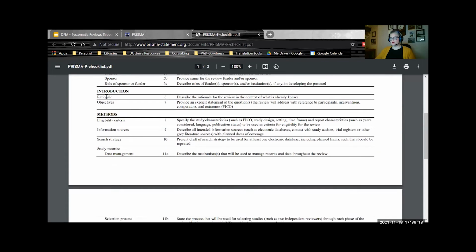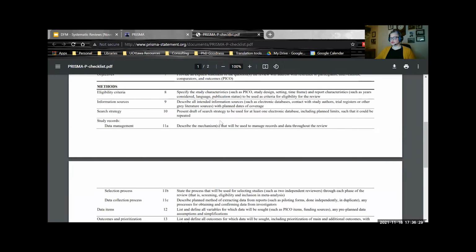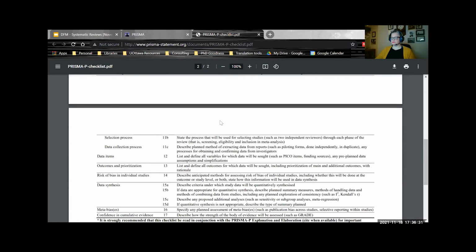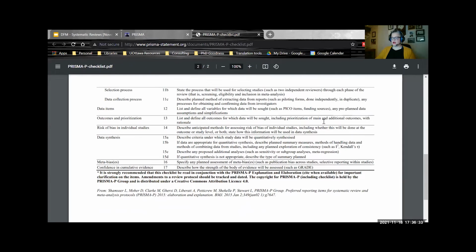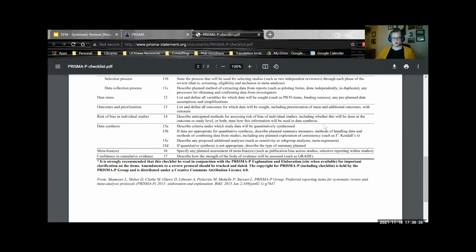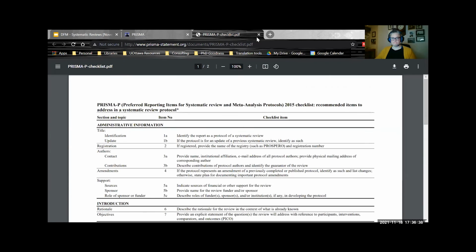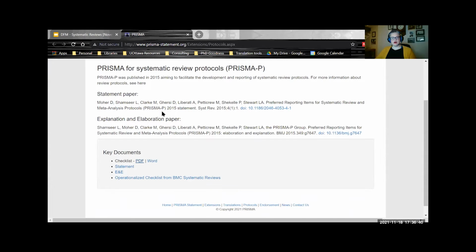And then it breaks it down. What is your rationale, objectives? What is your inclusion and exclusion criteria? What information sources or databases, et cetera, did you use? Have a draft of the search strategy. So as you can see, it really does break down all the different elements that you should really consider in your protocol. Okay, so that is an example, and there are different